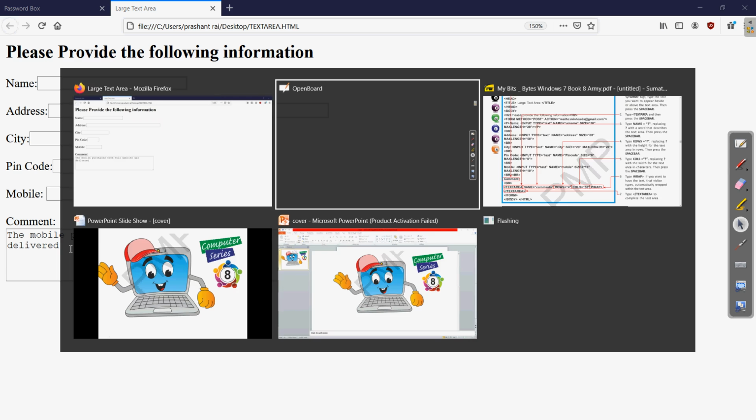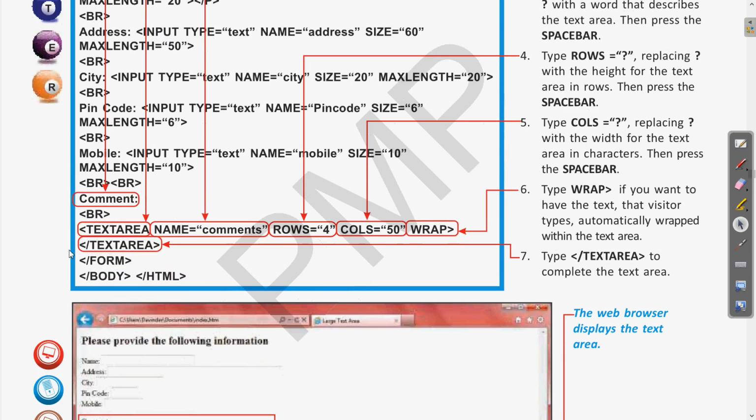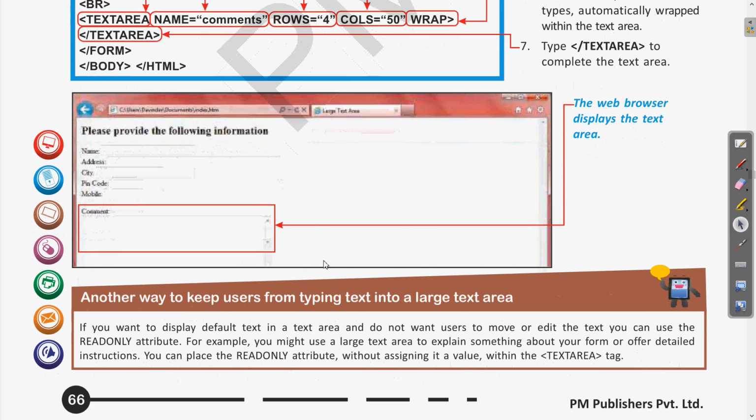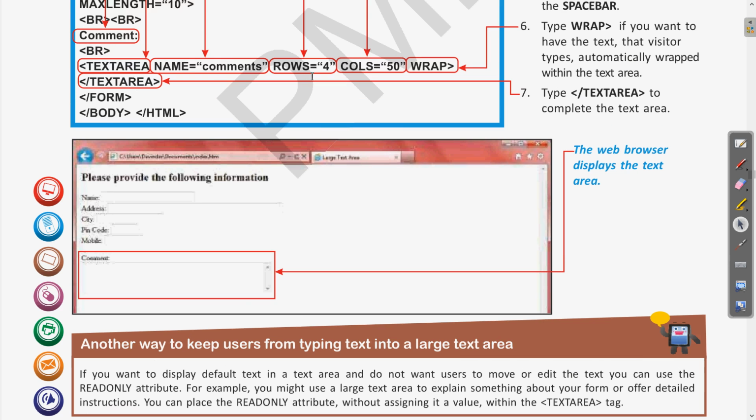Okay, now coming to the book once again. This feature was part of the text area attribute. Now there is another important part of this. Let us read this. If you want to display the default text in a text area and do not want users to move or edit the text, you can use the read only attribute. Clear? So right now the attributes which we were writing were for the text area, where the visitor was able to write.